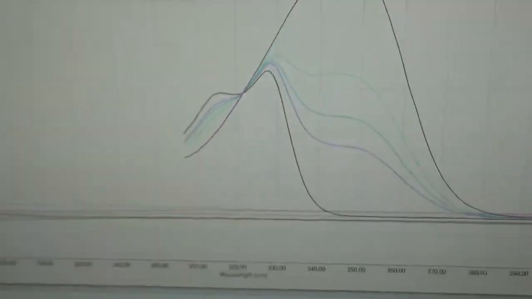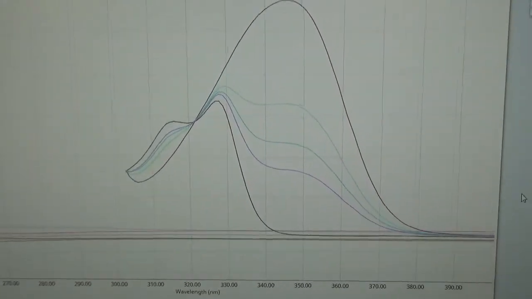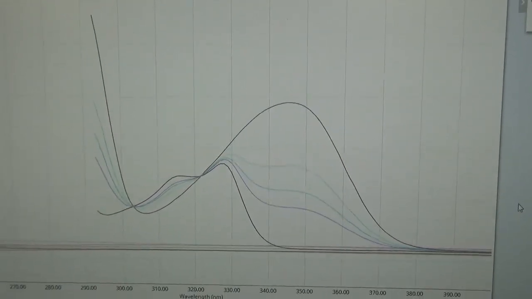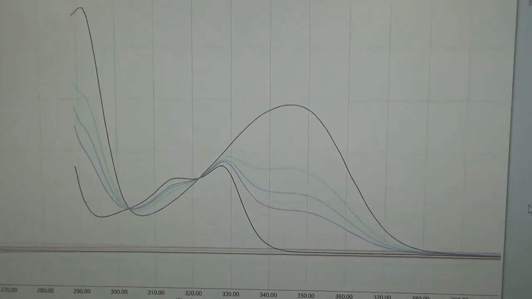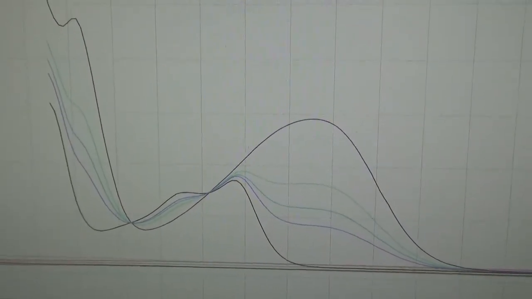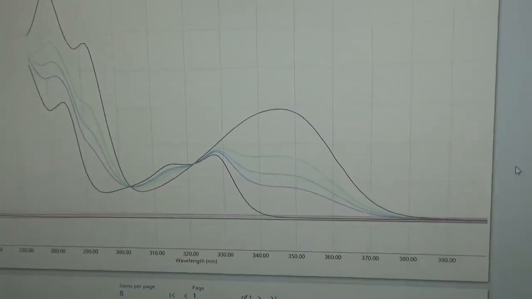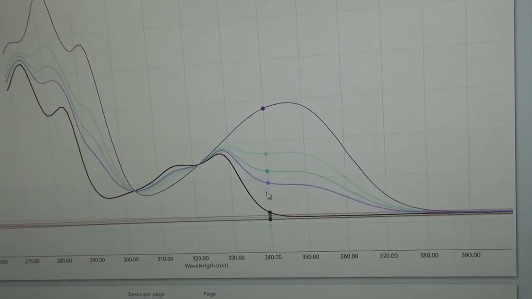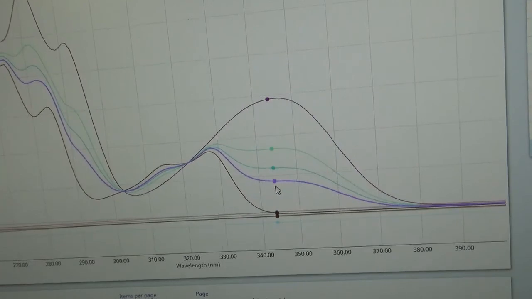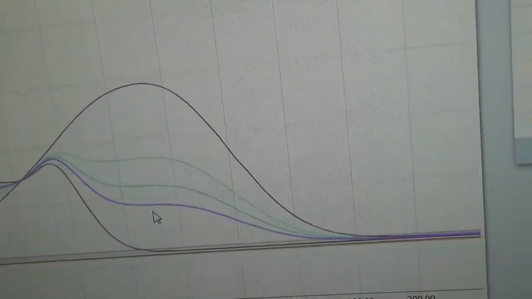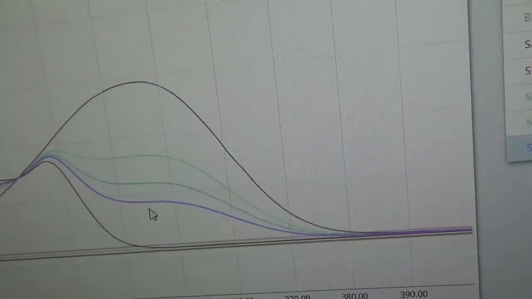I'm loving that I got that nice crossing point there. Means I did a pretty good job on those solutions for someone who doesn't do that too often. Nice. All right. So now I can take my cursor. I think I have to measure at 345. If I just hold the cursor there at 345 nanometers,